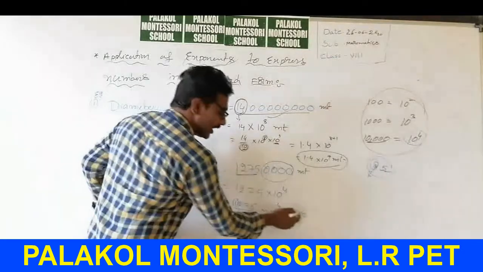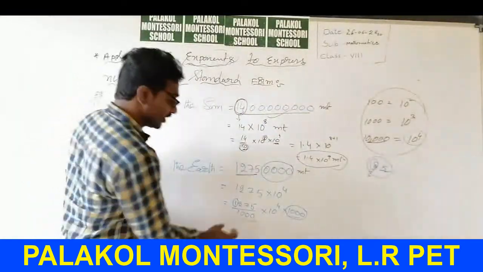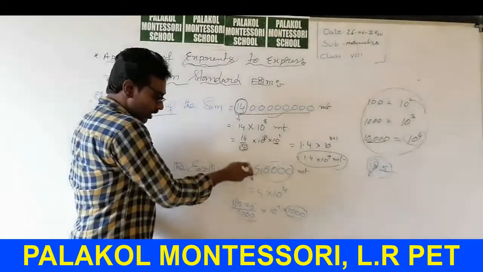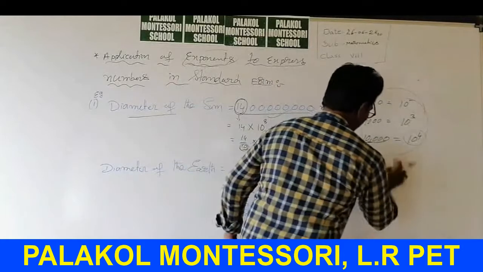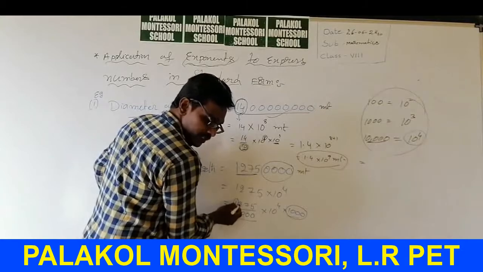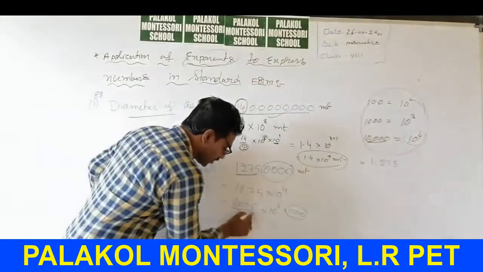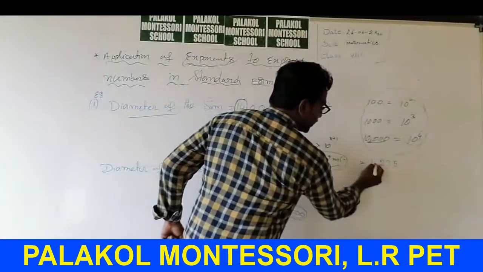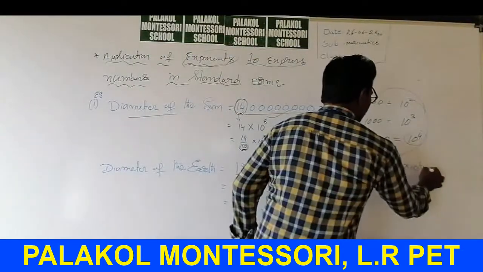How to cancel that one? Immediately write that 1000, the same number, in the numerator. Once you check it, this 1000 is cancelled. You become the same number. So this 1000 is cancelled. Directly write 1.275. How do you know 1000? How many zeros are there? 3 zeros are there. That's why after 3 numbers you write the point, 1 point, into 10 power of 4 into